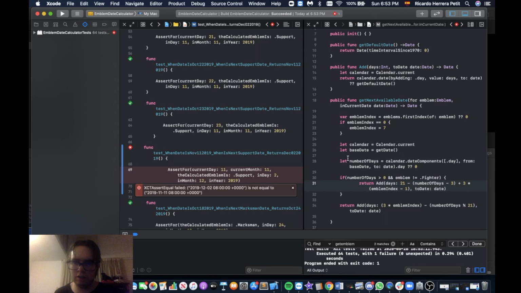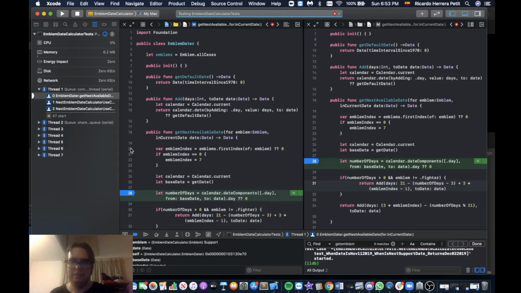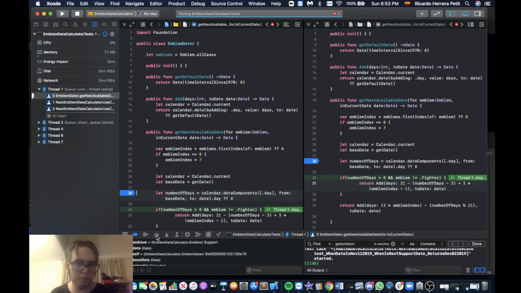I'm going to show you a way to check what could be going on. So I'm putting a breakpoint here, and if you click on this play button, you'll debug just this test. Okay, and I've now hit the breakpoint on this test, and I can see the number of days. So let me just step over here and see that the number of days is 24. So this is the problem. You see, the number of days is 24,